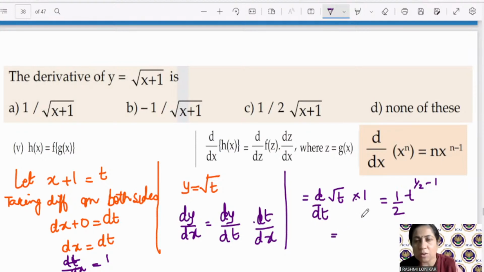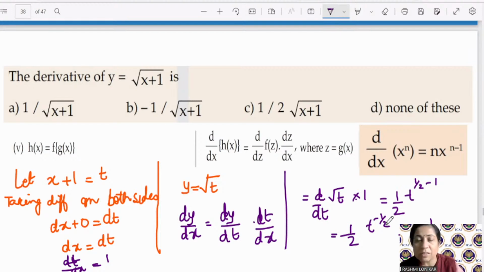N was 1 half. So this derivative will be 1 half t raised to minus half,